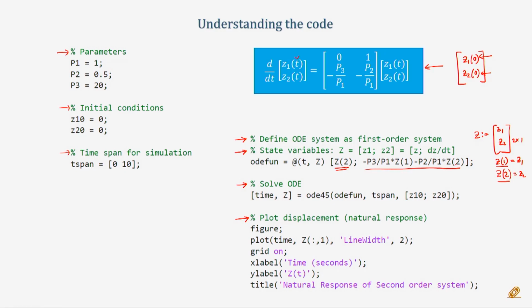What about the second line? The second line is z2 dot. So, z2 dot is what? From here you can see z2 dot is nothing but minus p3 by p1 z1 minus p2 by p1 z2. That is what is being written. So, if you are dealing with some other differential equation, you can hopefully write it down. Now that we have defined the differential equation in MATLAB,